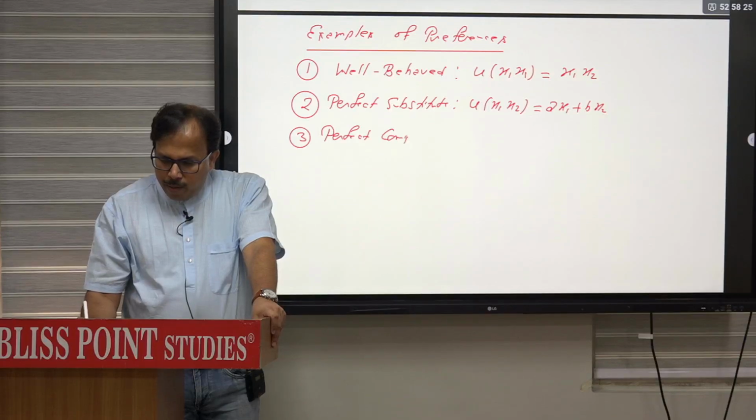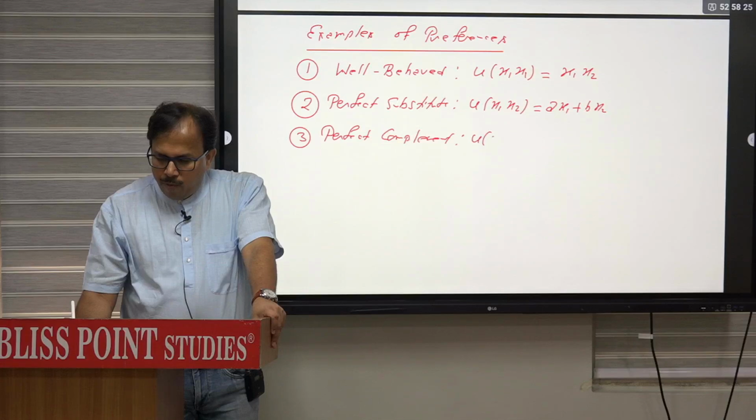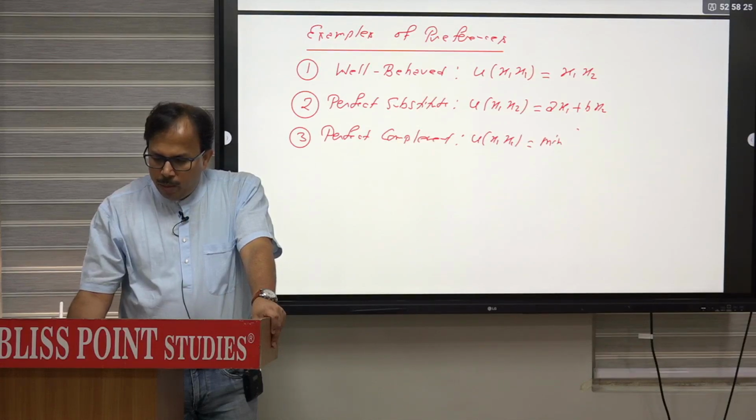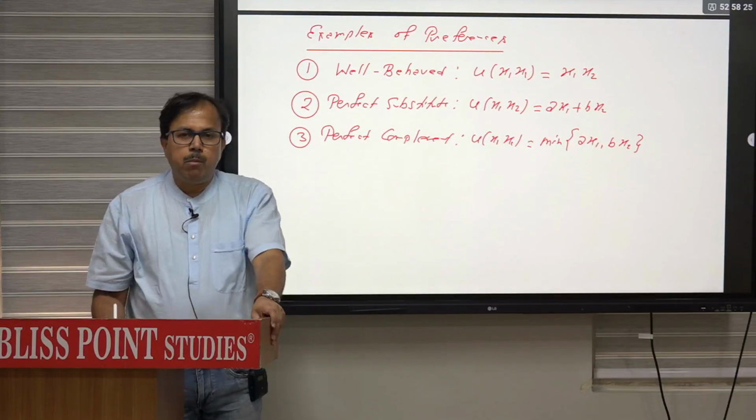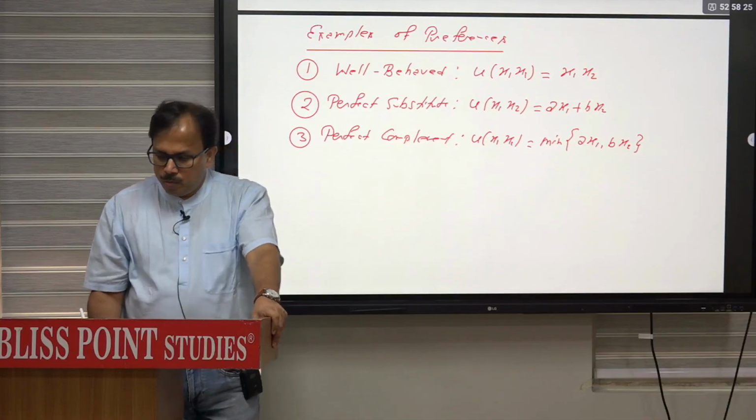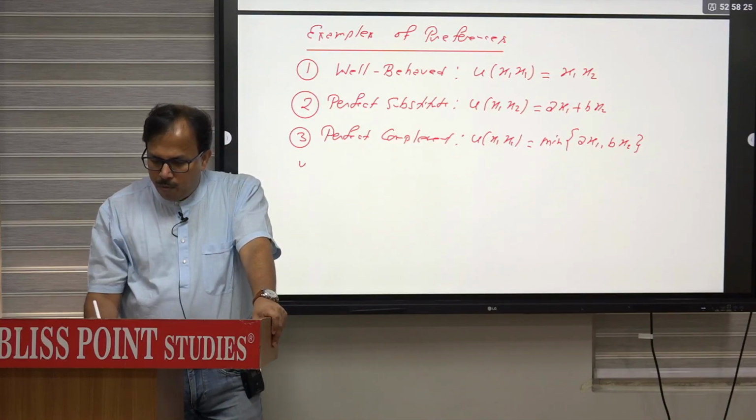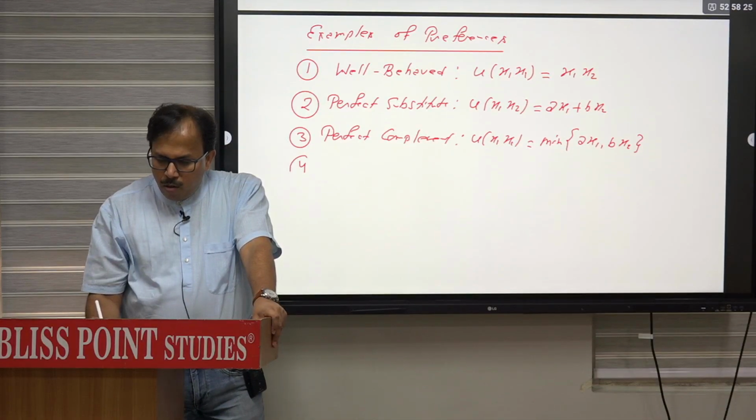Perfect complement. Utility for complement will be written as minimum of ax1 comma bx2. Minimum of ax1 comma bx2. Why it is written minimum? We will elaborate. Fourth,